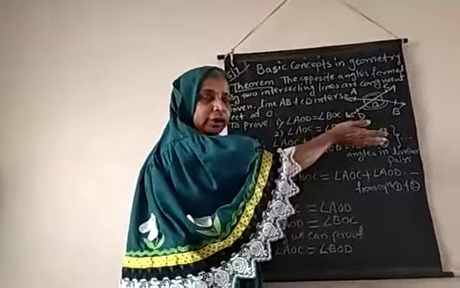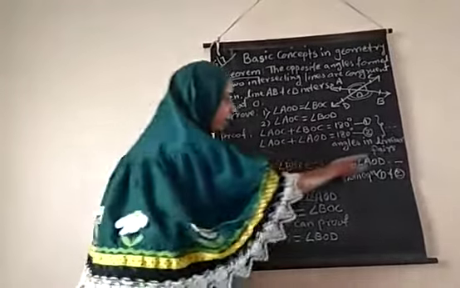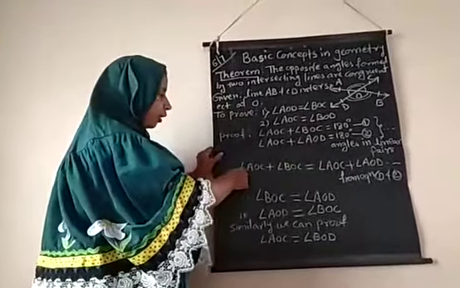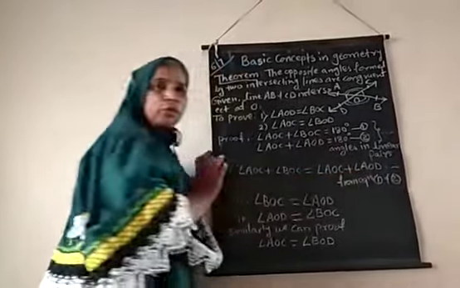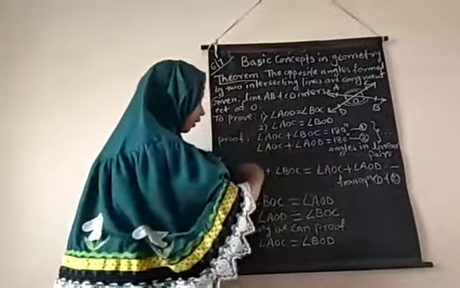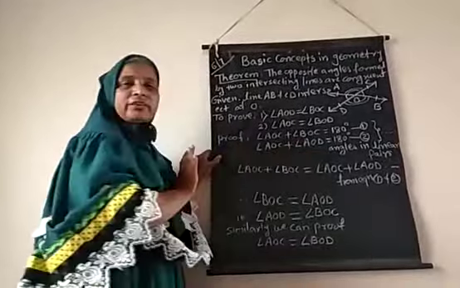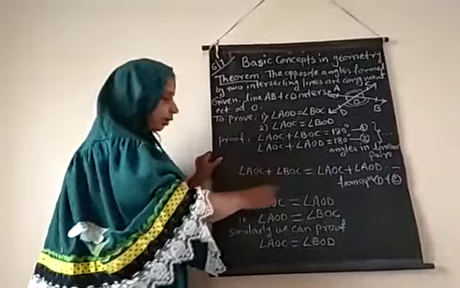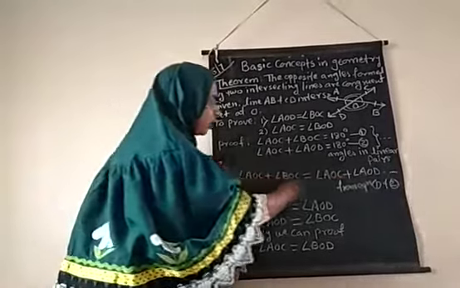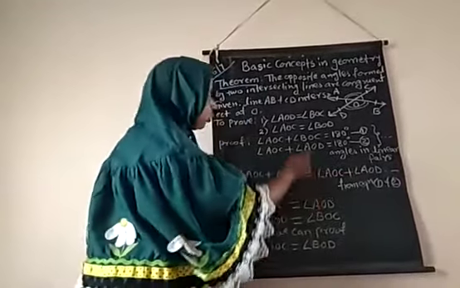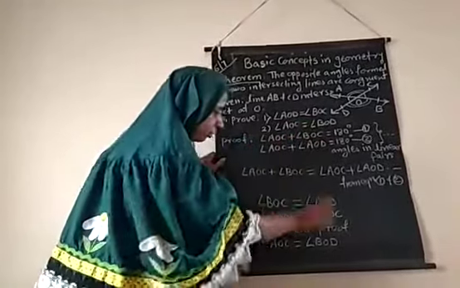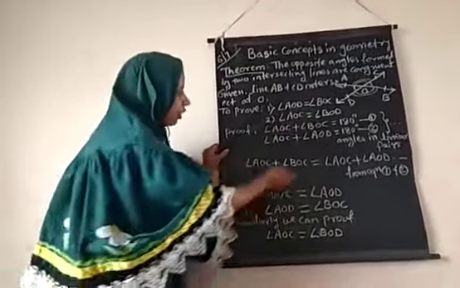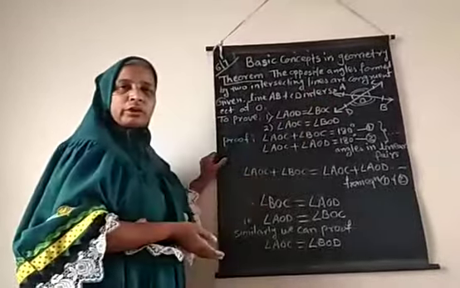In an equation, if one side is equal, the other side is also equal. So the LHS is also equal: angle AOC plus angle BOC is equal to angle AOC plus angle AOD. On both sides, angle AOC gets cancelled, it is the same angle. Therefore, what is remaining? Angle BOC and angle AOD. So BOC is equal to AOD. So this second pair is proved. Similarly, we can prove the first pair also in the same way.